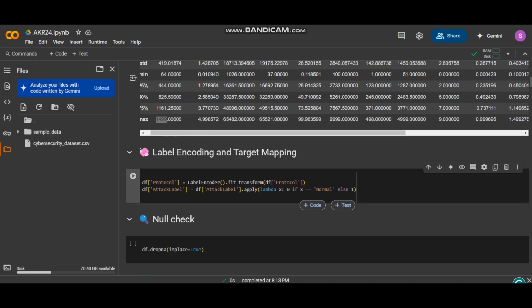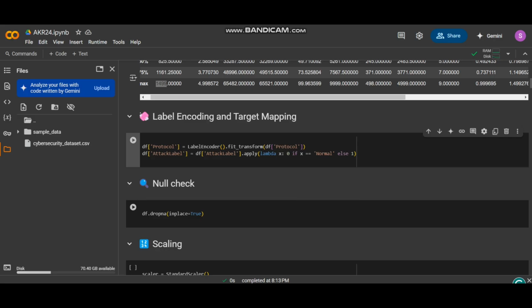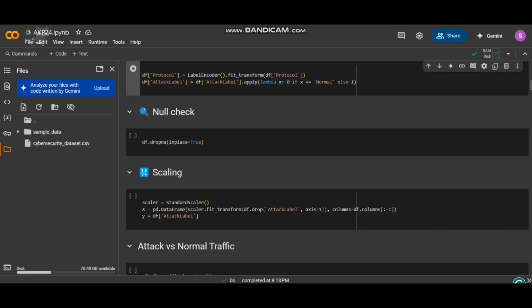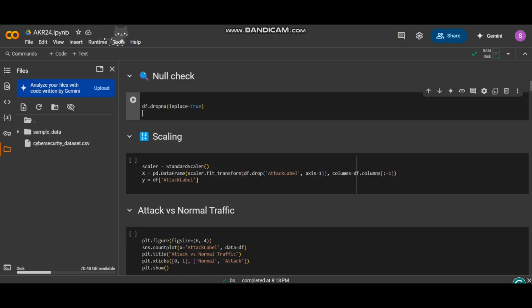So we have used this. Then we have checked our null values. If there is any null value, then this section will drop the null value. Then we have used the scaler. In the scaler also, we have converted the attack level data